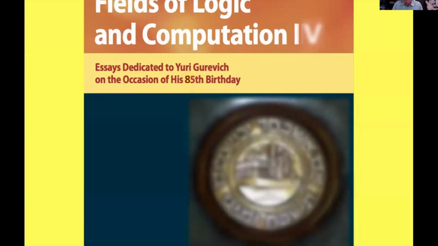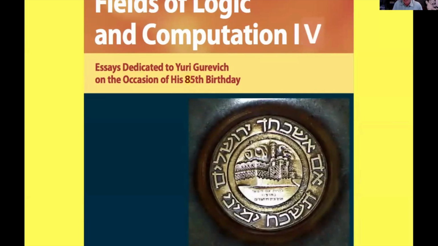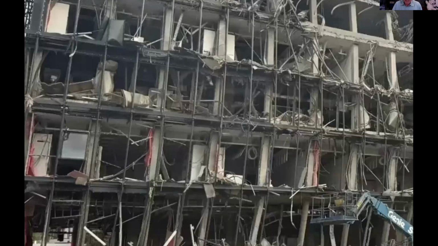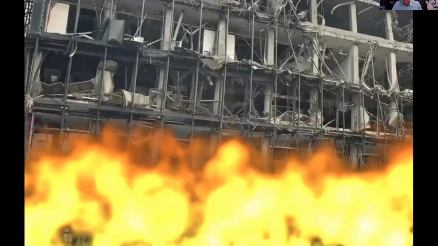And so the upcoming book, which will be the 4th in the series for his 85th birthday, will have a different plate from the same series by this well-known artist, and with the inscription that if I forget the old Jerusalem, may my right hand forget its cunning, which is appropriate. So just the other day, Weizmann Institute was hit by a missile, and this is how the labs look,